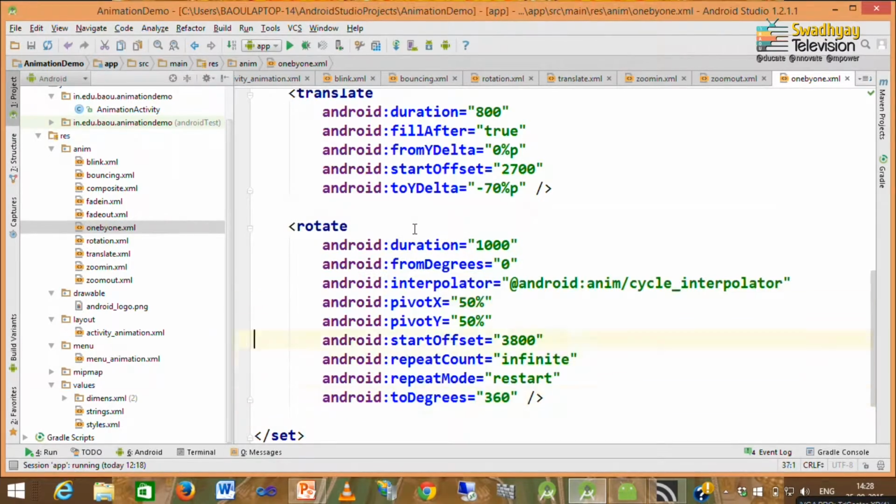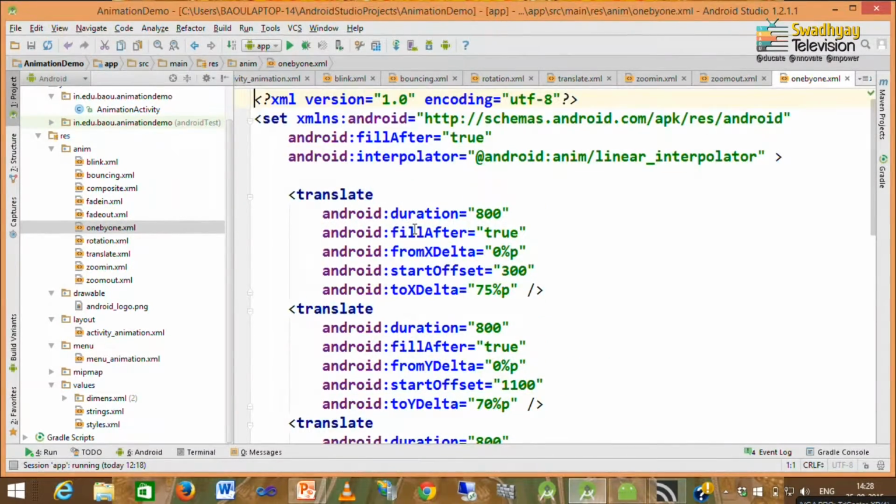Now, what you have to remember is that here we specify duration. So, duration for the first animation is 800 milliseconds and its start offset is 300.